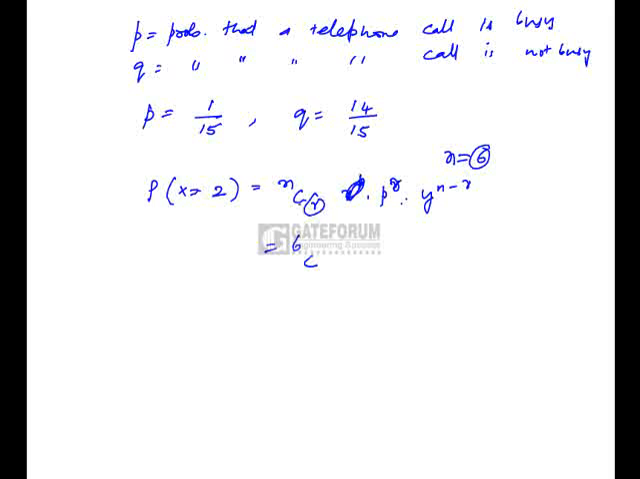C, and we need exactly 2 calls, that is 2. And P is nothing but busy, 1 by 15, raised to the power of r, that is square, into Q. The value of Q is 14 by 15, raised to the power 4. If we simplify this, the value will be 0.0505, which is nothing but option